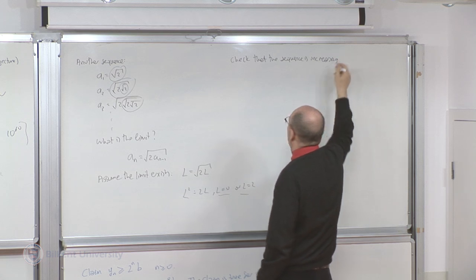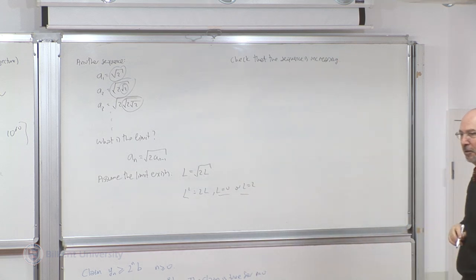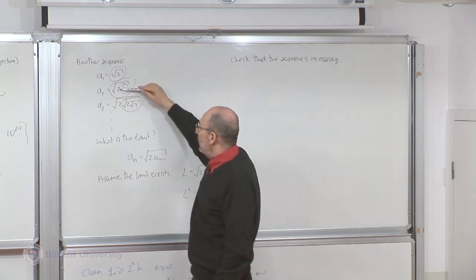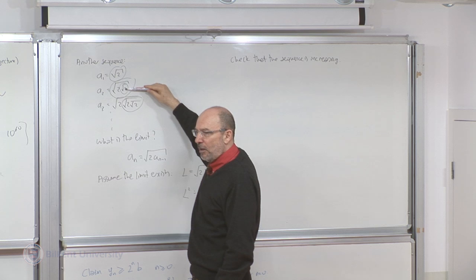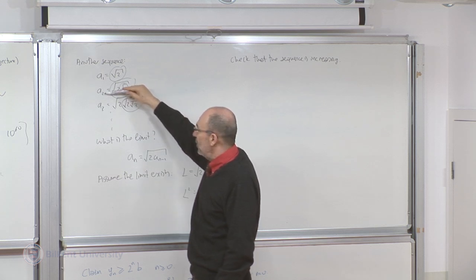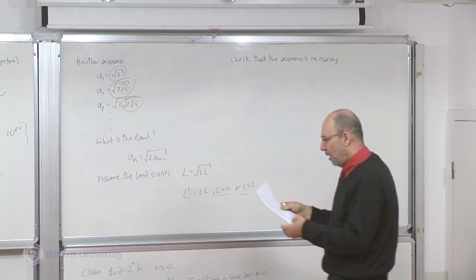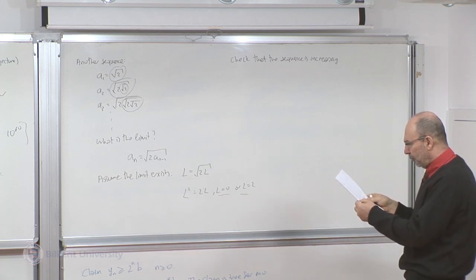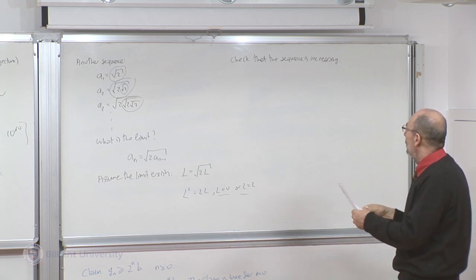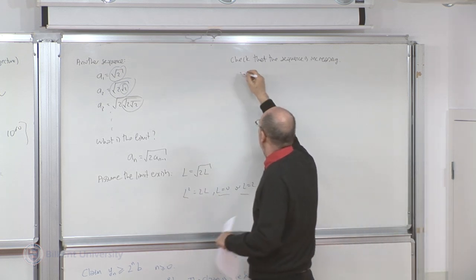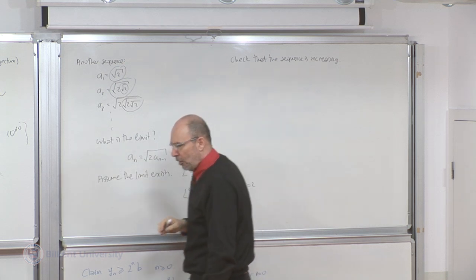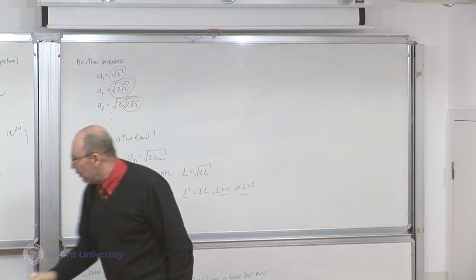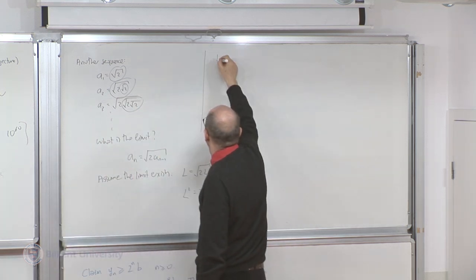It looks like it is increasing, because here I take square root of 2. Here I multiply 2 by something larger than 1, and then take its square root. So this one is larger than this. So I suspect that it is increasing. But first, in order to show this, I need the following thing. Let me erase this and do this in order. So for the limit, first check